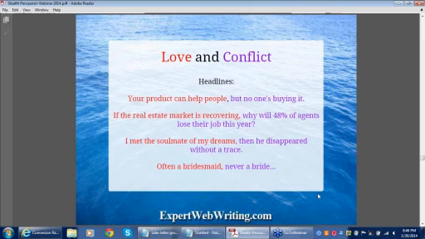Okay? Let's take a look at a few of these headlines that get people's curiosity built to read further or to take a certain action. One of these: our product can help people. Your product can help people, but no one's buying it. Another one: if the real estate market is recovering, why will 48% of agents lose their job this year?